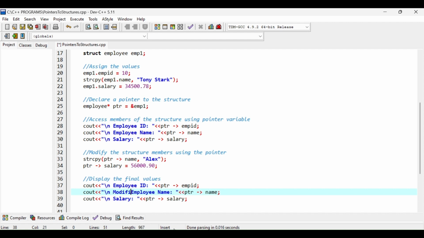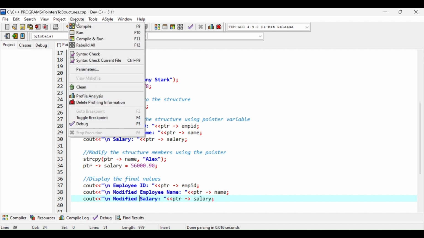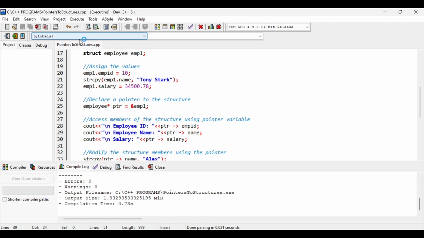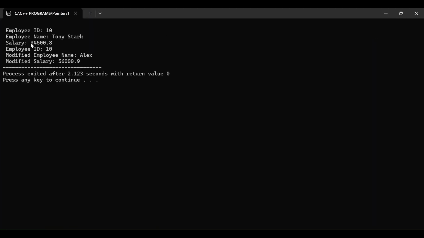So let me insert here the word modified, just to show that these are the values that I have modified this time. Let's rerun the program, and the final output is here. So employee ID remains the same, which is 10. Modified employee name is Alex, and salary was 34500, which has been changed to 56000.9.